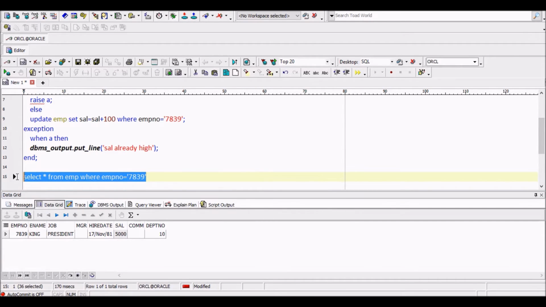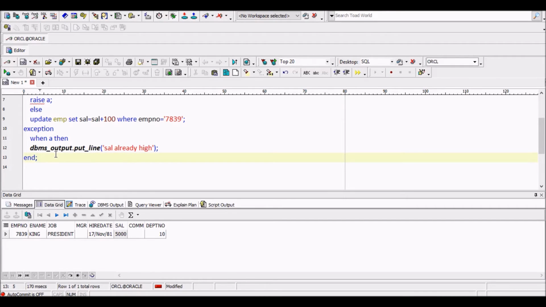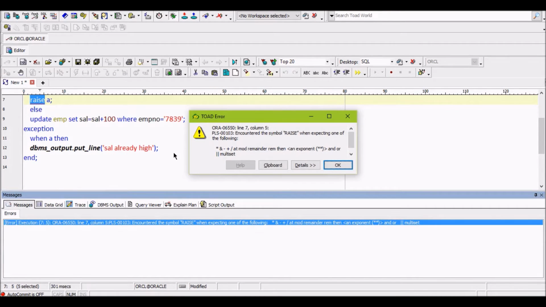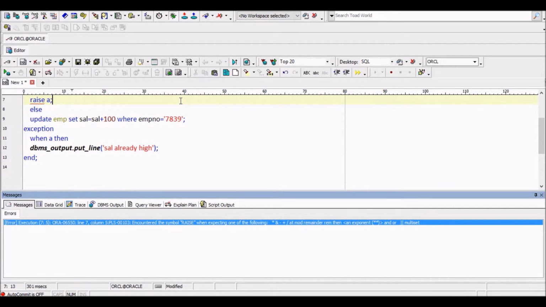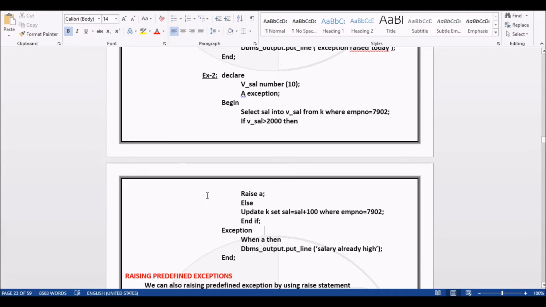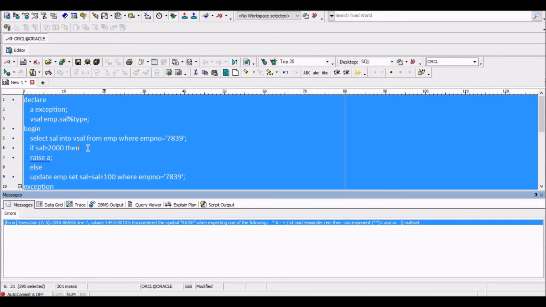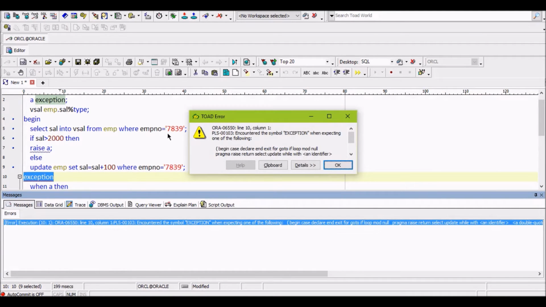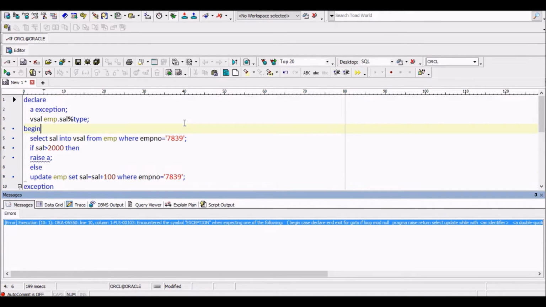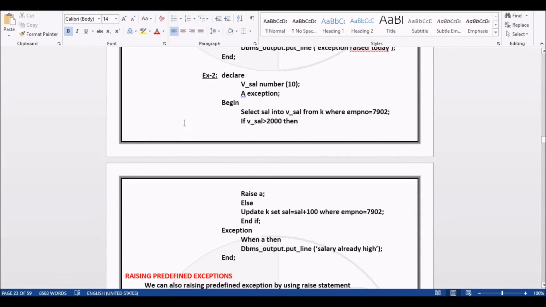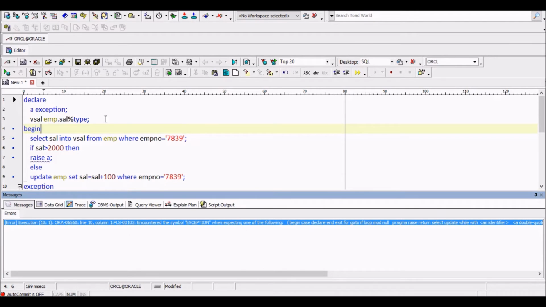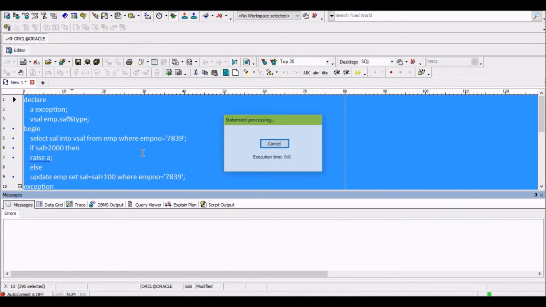Now what will be the output, you guess. Okay, so what is this? We should use the keyword then here. Encountered the symbol exception in one of the following. Okay, what is it? Yeah, exception. So let us check again.